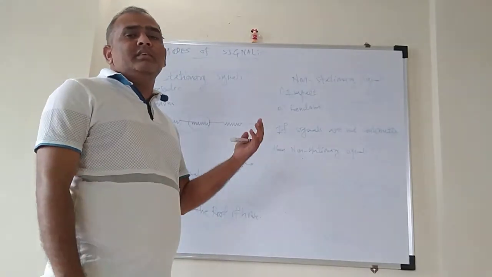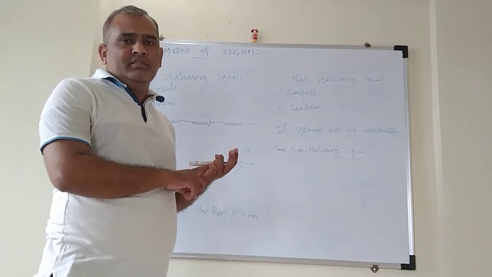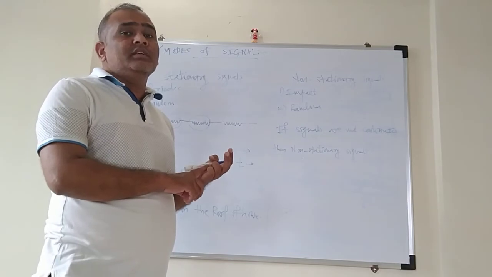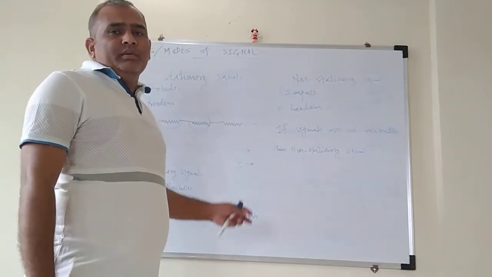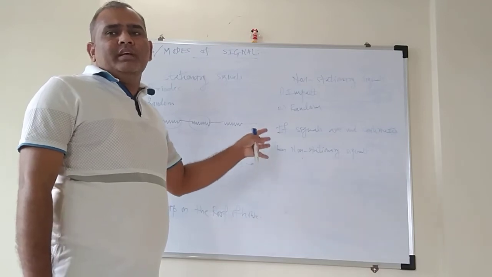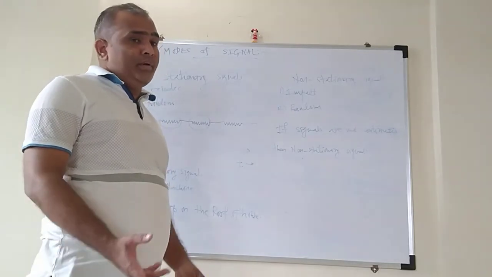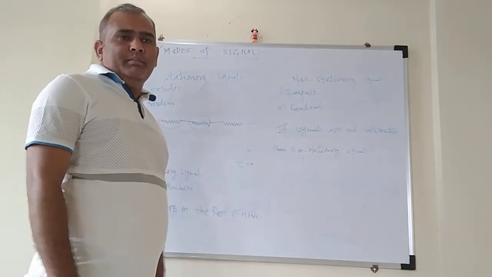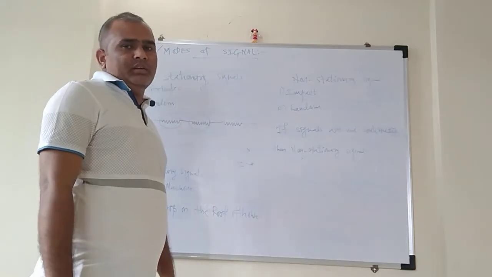So there are three kinds of signals, or types of signals, that we have studied. The first one is digital signal and analog signal. An analog signal is a continuous signal, whereas digital signals are discrete signals which exist in terms of 0 and 1 binary numbers. As examples of analog signals, we have studied the sine wave or cos wave, which varies in a particular time period, and not necessarily; there may not be a time period. The variation of the signal may be a zigzag, but if the signal is continuous, then that signal is called an analog signal, isn't it?